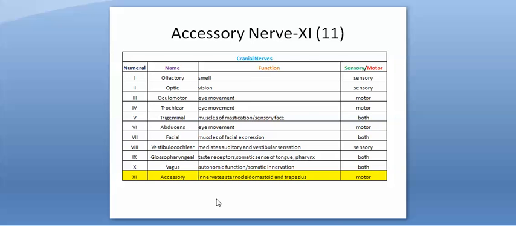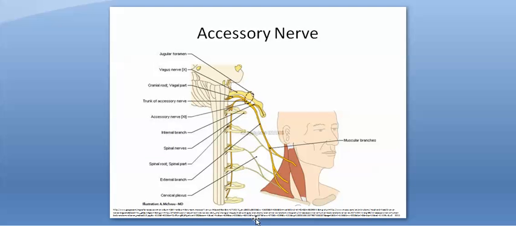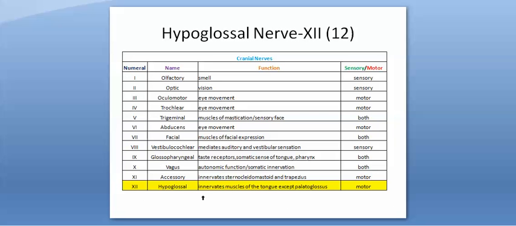All right, so the 11th cranial nerve is our accessory. It innervates 2 primary muscles that we're interested in, and that's sternocleidomastoid and trapezius. And they're just these little guys here. Okay, so there's accessory, sternocleidomastoid, and trapezius. All right, and then hypoglossal, cranial nerve 12, is our last one. It innervates muscles of the tongue except for palatoglossus. Okay,